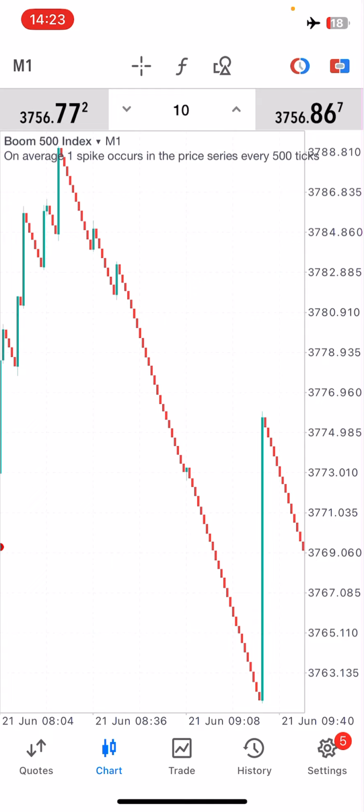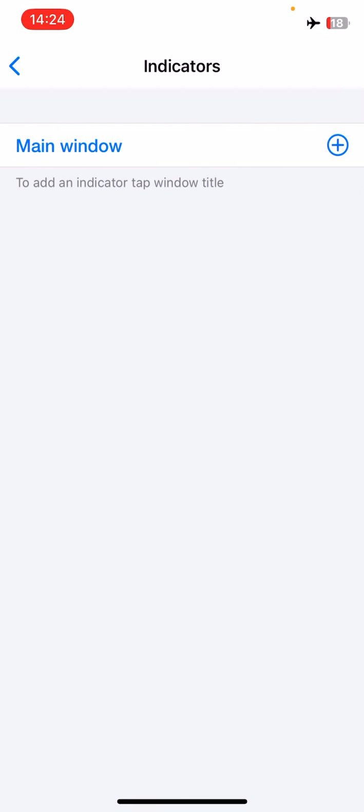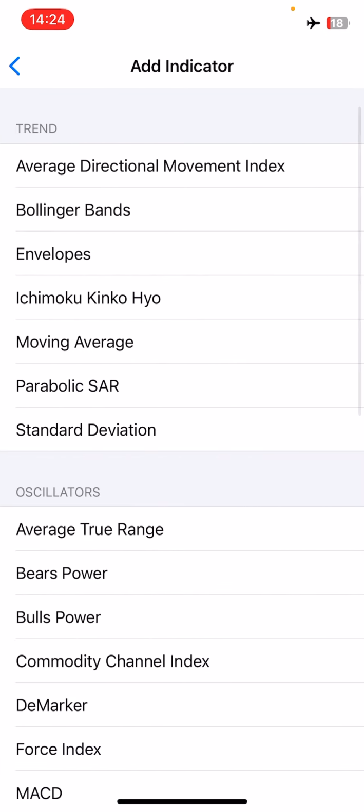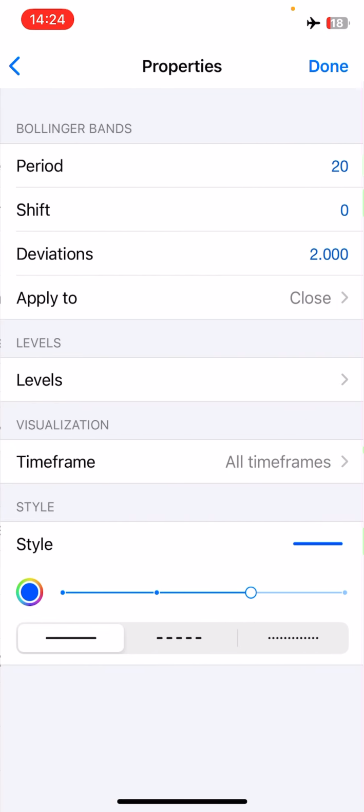and we'll still be able to trade comfortably. Okay, so the first indicator, or the first setting that we need, going to settings, main window, we need the Bollinger Bands. Now these Bollinger Bands are going to have the following properties. The period is going to be 20, the shift is going to be 0, deviations are going to be 2.00, apply to close, levels and time frames are not necessary, and then for the style, I chose the color blue